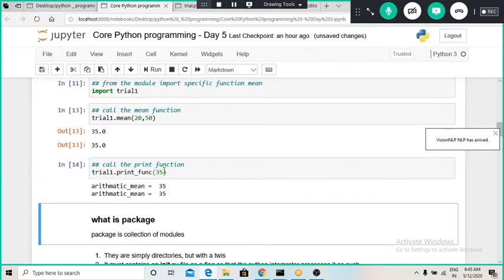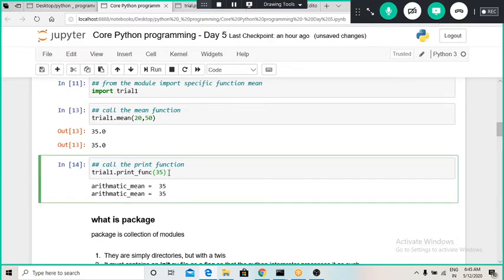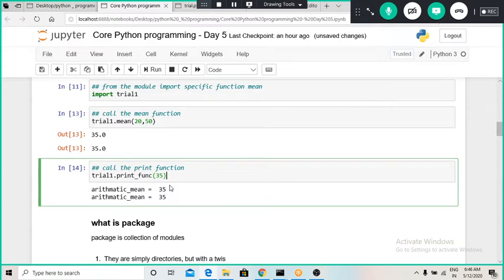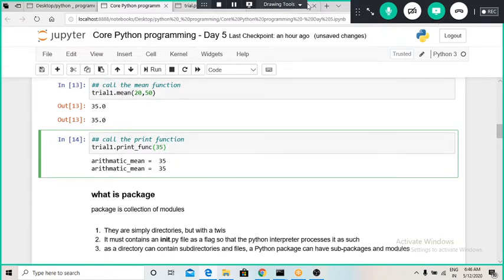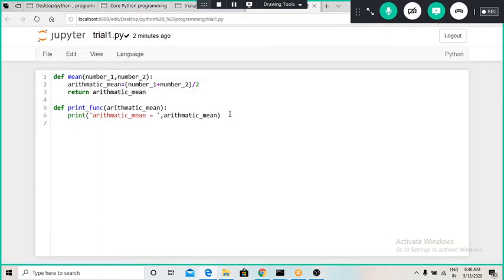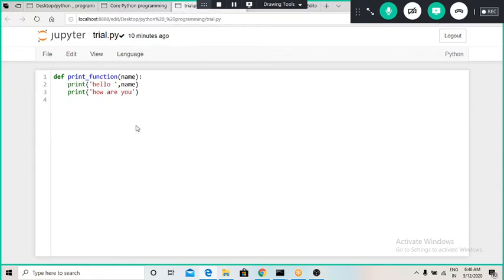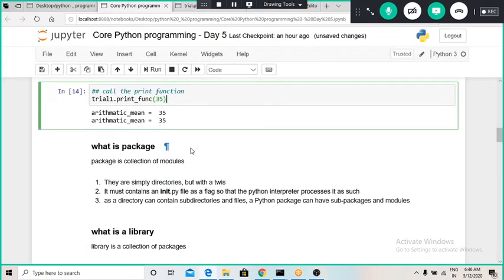So this is my output. Okay, so basically why there are two printings in this function, I will make sure when I define a new function. Currently I am not able to understand why it is throwing such a problem. Okay, so we will move on to another topic, like what is a package.